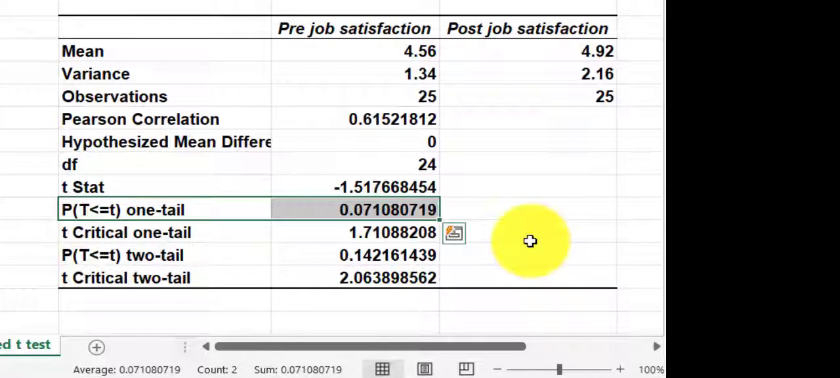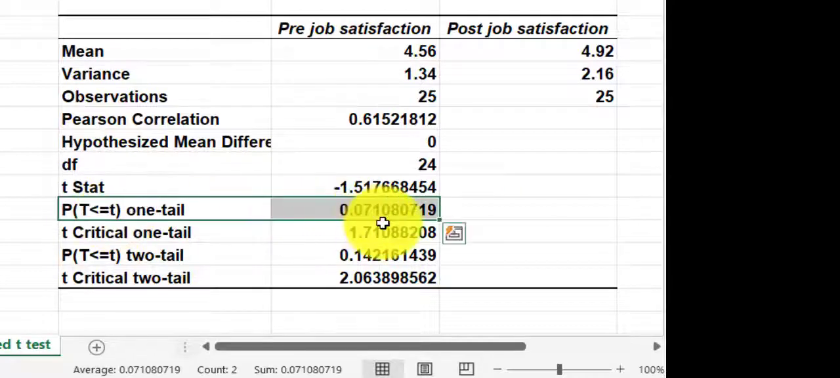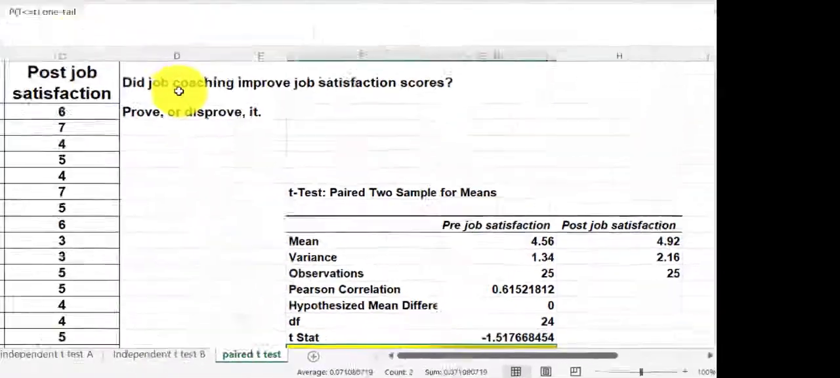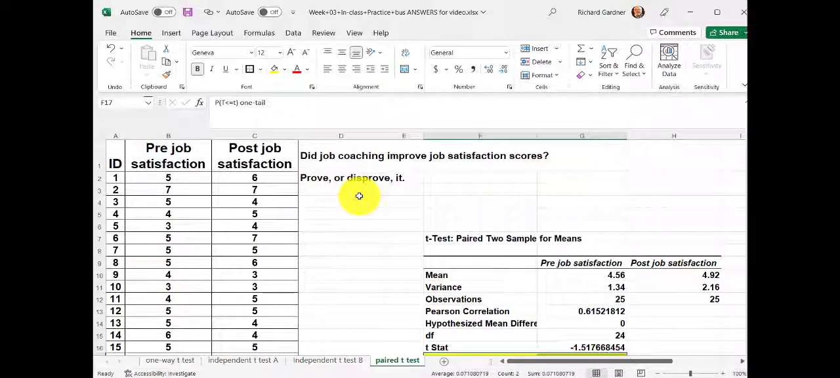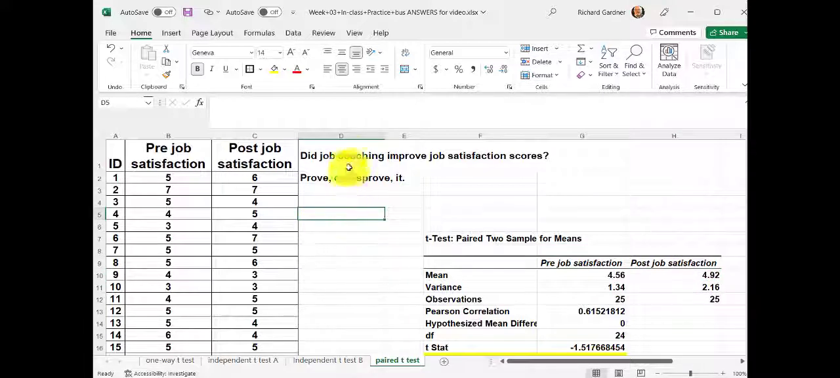p-value, which is the same as a sig value in SPSS. So it was not less than 0.05. See that? 0.07 is not less than 0.05, therefore we cannot reject the null. And the null would state that there is no difference between the pre-job satisfaction means and the post-job satisfaction means, right? They're pretty close to the same number, and they are. So we do not reject the null, so we did not prove that this guy improved